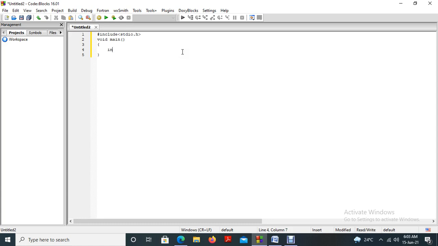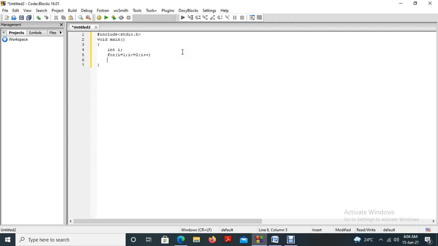Or you can write it like this: for I equal to 1, I less than or equal to 2, then I plus plus. So I is a new variable, so I have to declare that variable I.